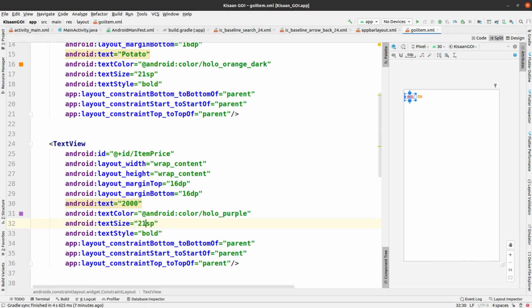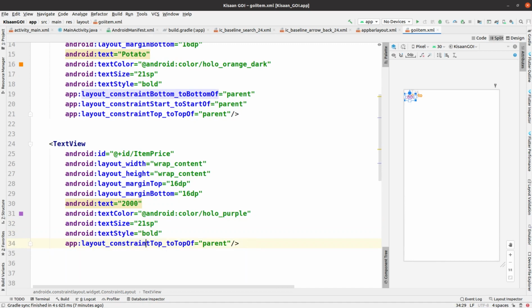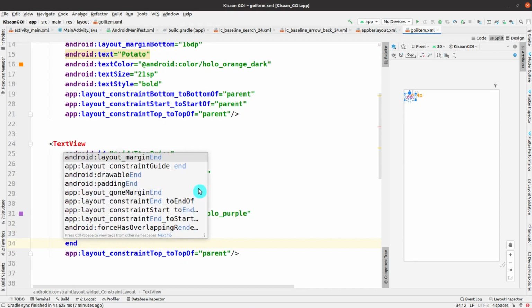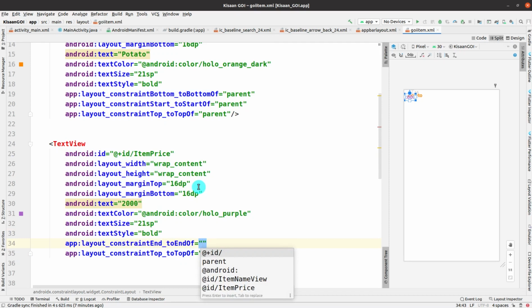This is completely your decision. If you want to remove this line, so the text style is not bold, then you can remove it. Also you have to modify some constraint layout properties, like I have removed two of them.